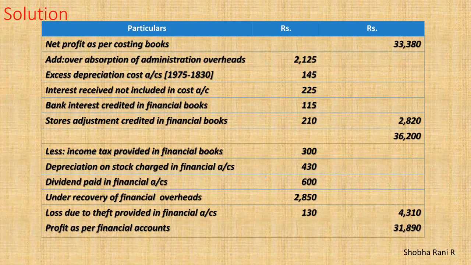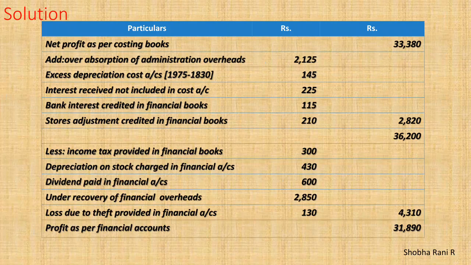Interest received not included in cost accounts, it is given 225. It has to be added. Bank interest credited in financial books rupees 115. Stores adjustment credited in financial books is rupees 210. Altogether, the total amount comes to 2,820. It has to be added to the net profit as per costing books 33,380. The total amount comes to